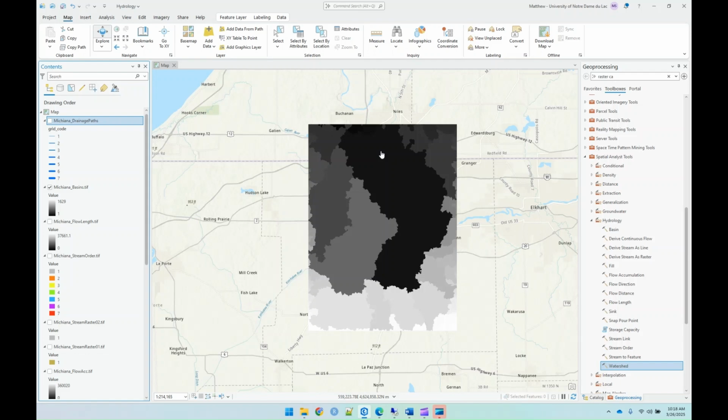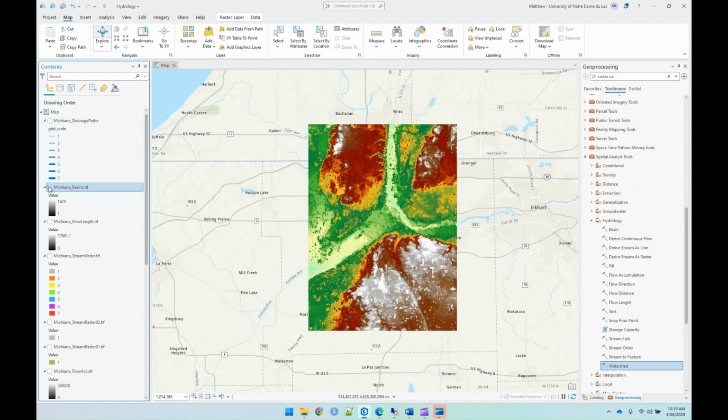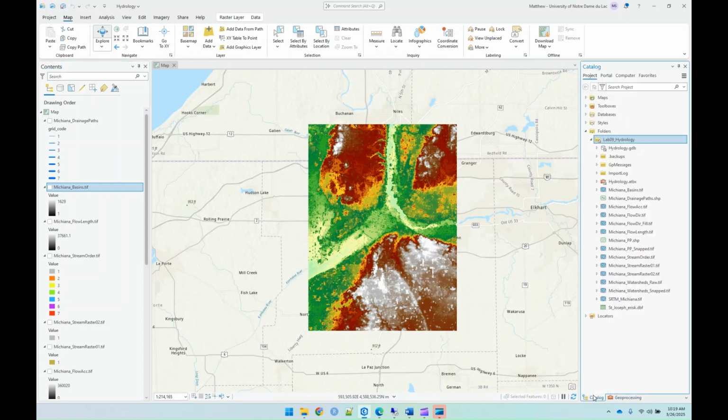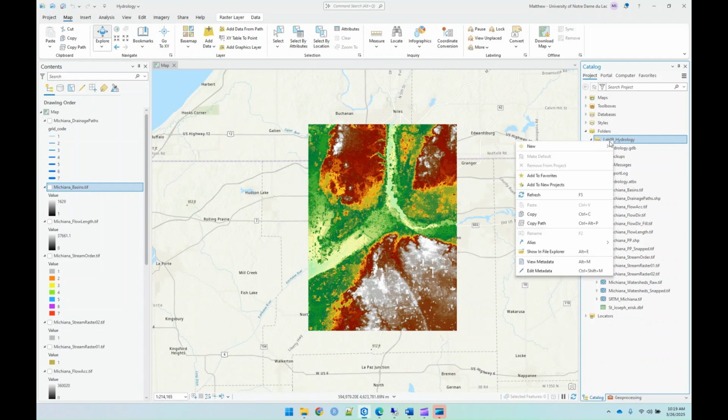The first step to doing this is we're going to create a new vector shapefile that is the points that we want to look at. This is where I was saying to make sure your drainage paths are off, because otherwise it's automatically catching what it should. So I'm going to go into the catalog window. If you haven't done this in a minute, I'm going to go over here, right click on the hydrology folder,